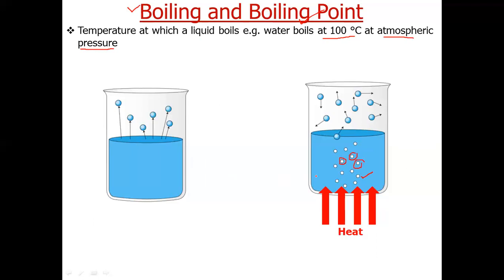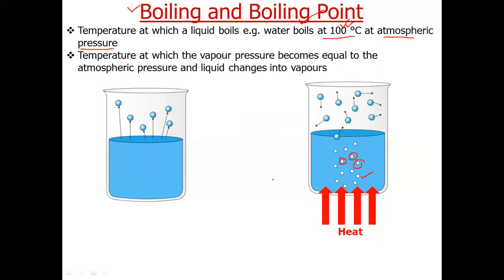Obviously, when we heat the liquid, the temperature will increase. When we heat water up to 100 degrees C, it starts boiling. Now, if we give more heat, the temperature will not increase. It will remain constant at 100 degrees C. The heat that we are giving is used to convert the molecules of water from the liquid state to the vapor state, but the temperature remains constant at 100 degrees Celsius.